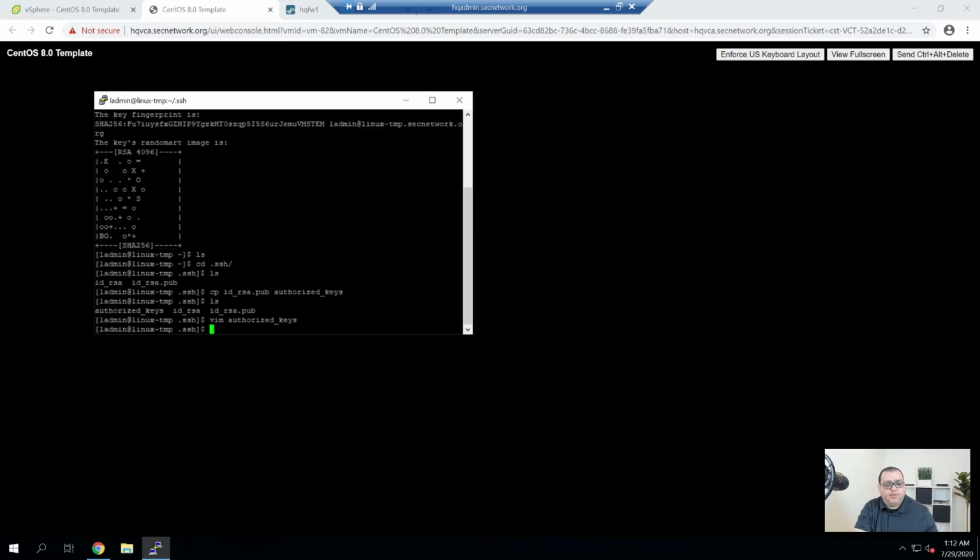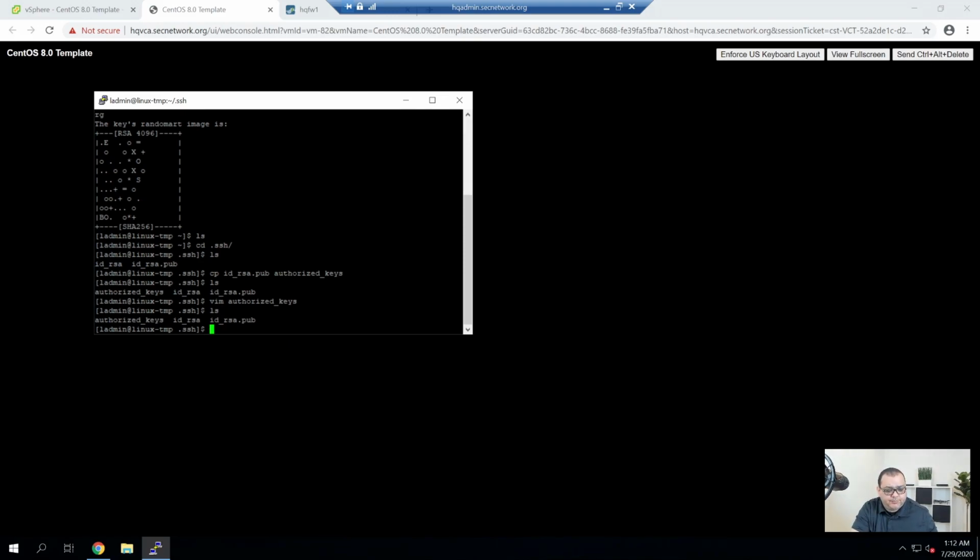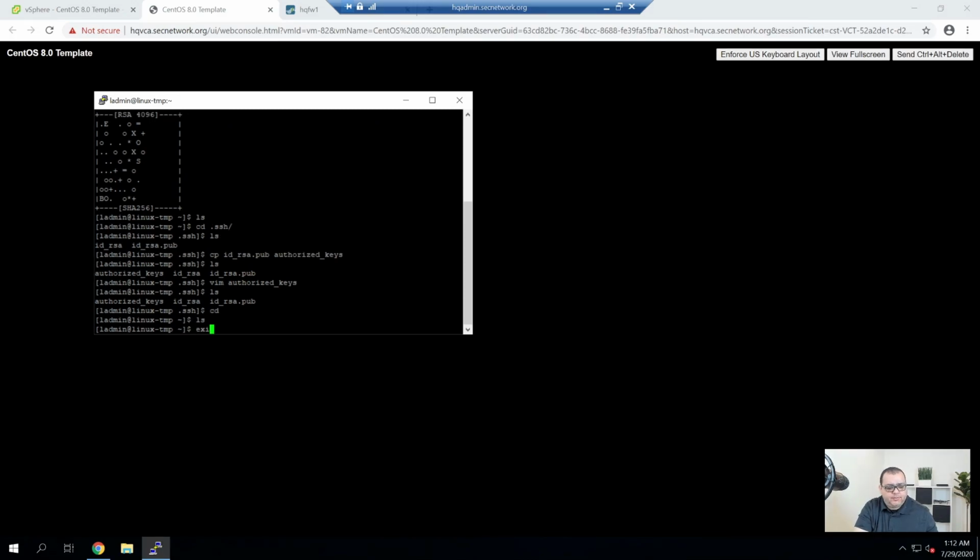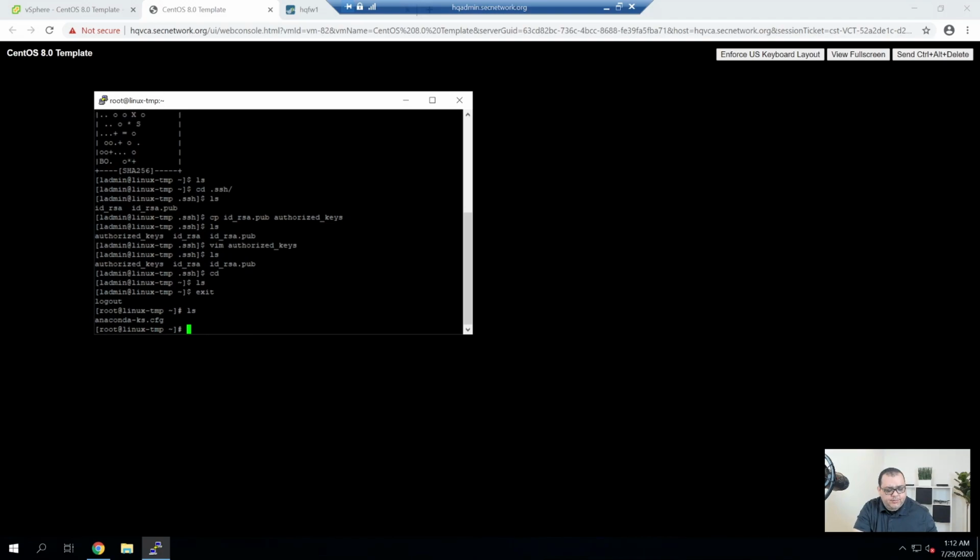And what that will let me do is SSH into any template that is generated automatically. And this is only for initial automation. Alright, so I'm going to leave that. I do need to do visudo.